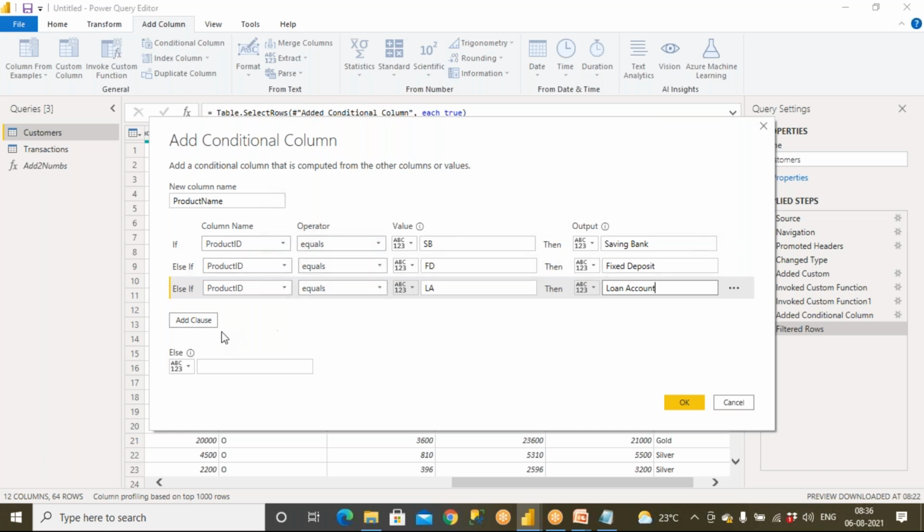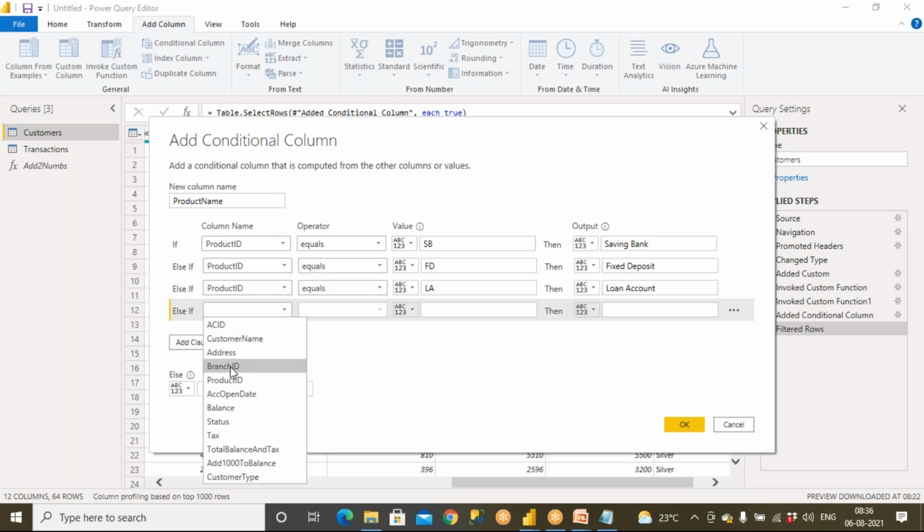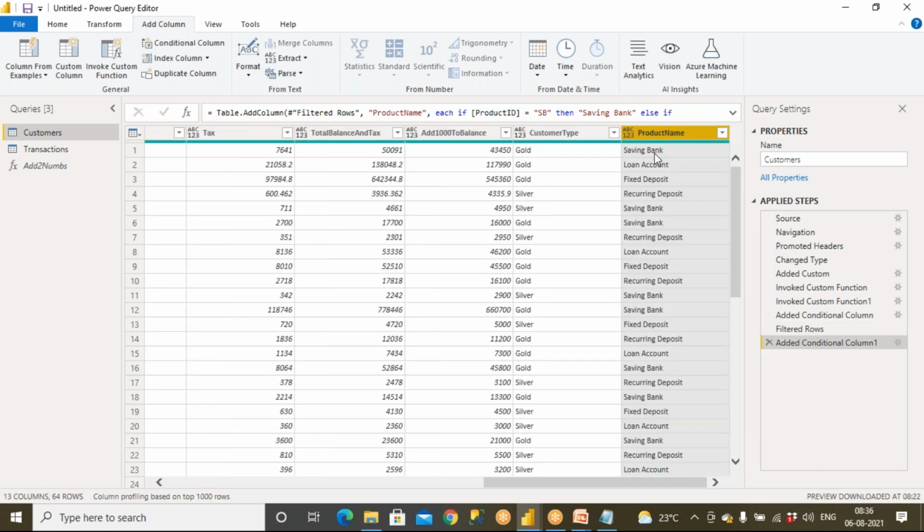So like that, different products. These are IDs, the codes. Else, you have only 4 products, right? So else you can write, or you can also write else if, your choice. So one more product ID, they have only 4 products. Recurring deposit, RD. It is recurring, right? Recurring deposit. So like that, we did not include an else block. That is not mandatory. So click on OK. Now you should be able to get